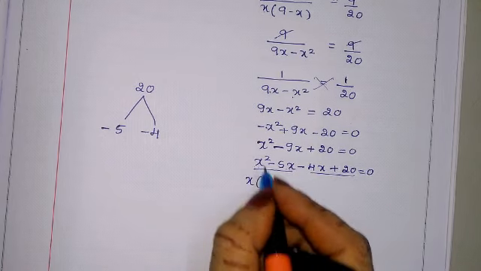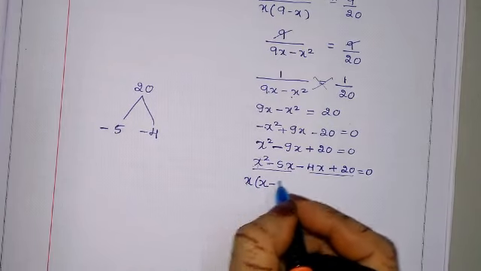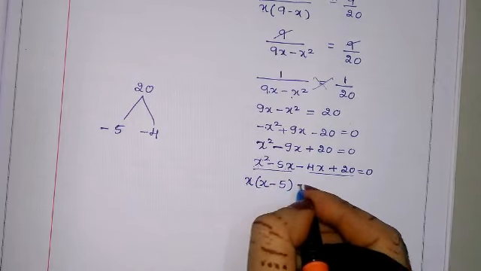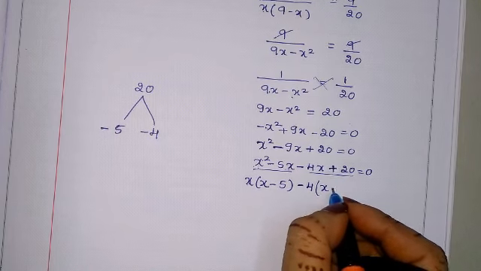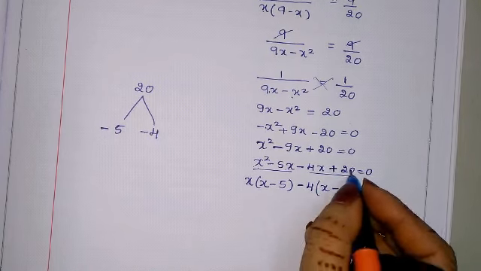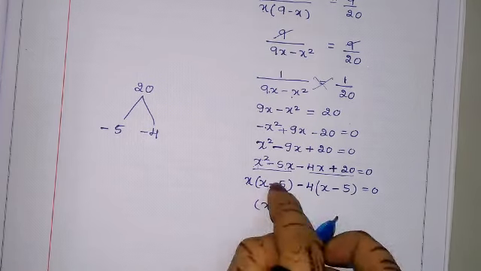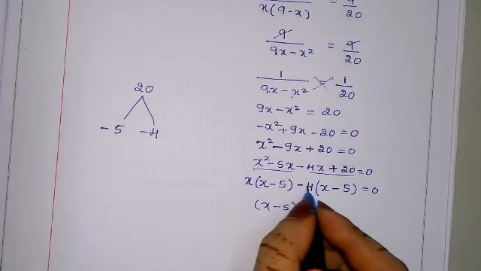If x is common, one more x is left out. So we'll write x as it is, minus sign as it is. X I have taken common, so 5 is left. Now minus 4 common I am taking. If I take minus 4 common, x is left. Minus 4 common I have taken, so yes, the sign will change, that is minus, and 4 5s are 20 equals to 0. X minus 5, two brackets, so one common. What is left? X minus 4.